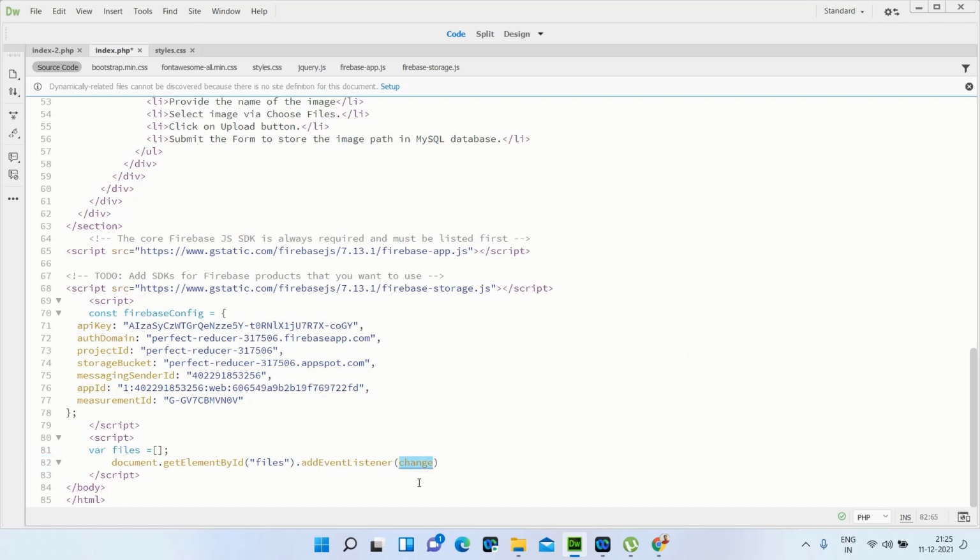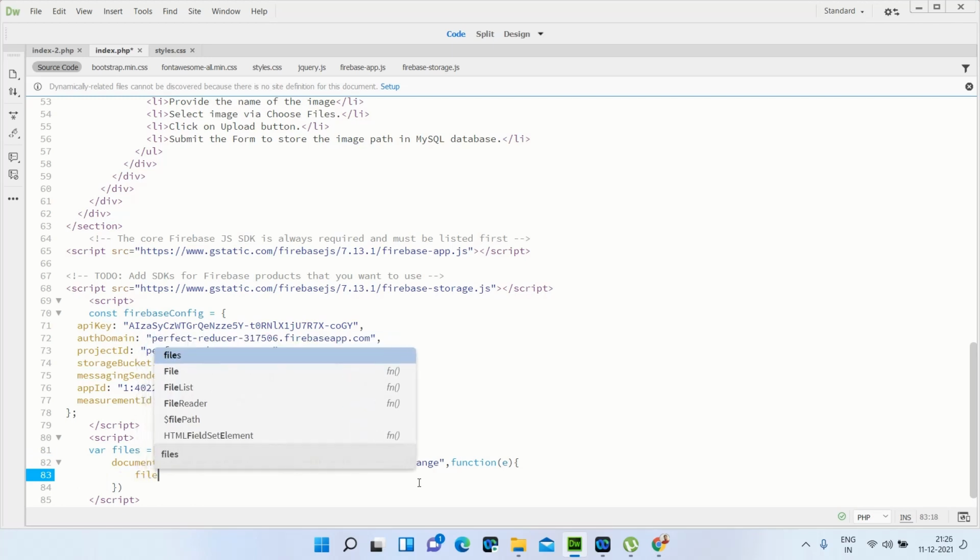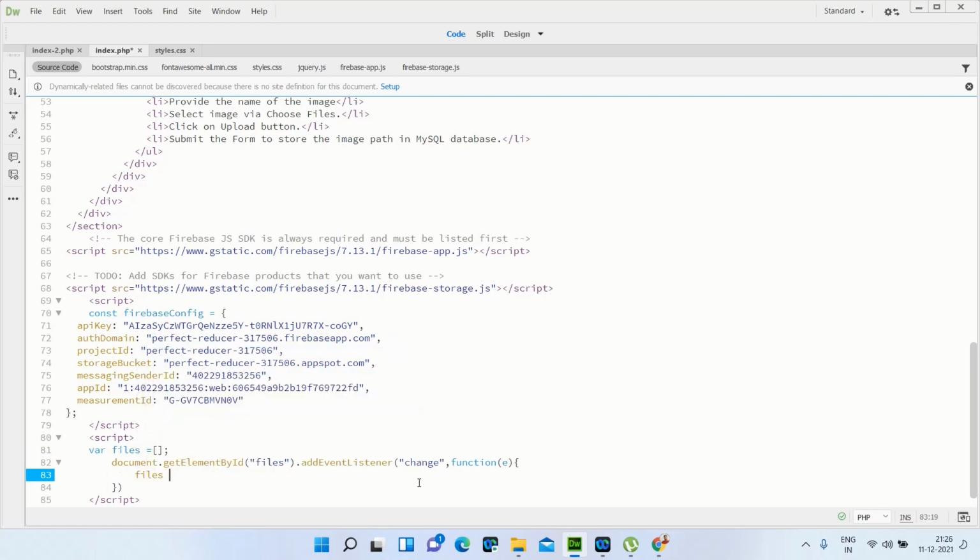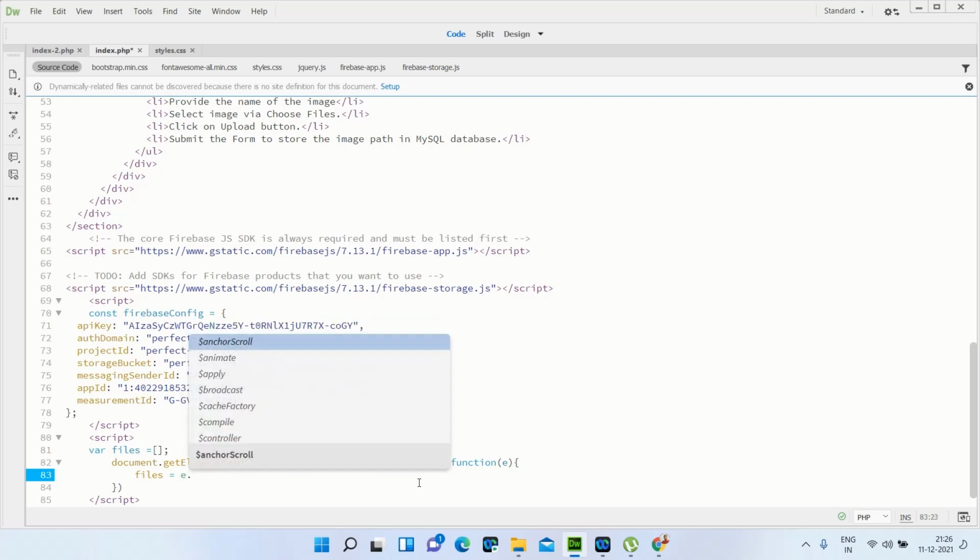So just come on change, comma, function e, then we have to start the bracket, and under this we have to write files is equal to e dot target dot files.